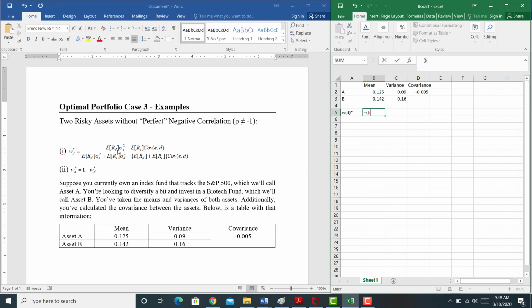Okay, so I'm going to take the expected return of D, which is the mean of the less risky asset, which is 12.5%. I'm going to multiply that by the variance of the riskier asset, which is asset B. I'm going to subtract the mean of the riskier asset multiplied by the covariance. Okay, so that's the numerator. All right, I'm going to divide this by